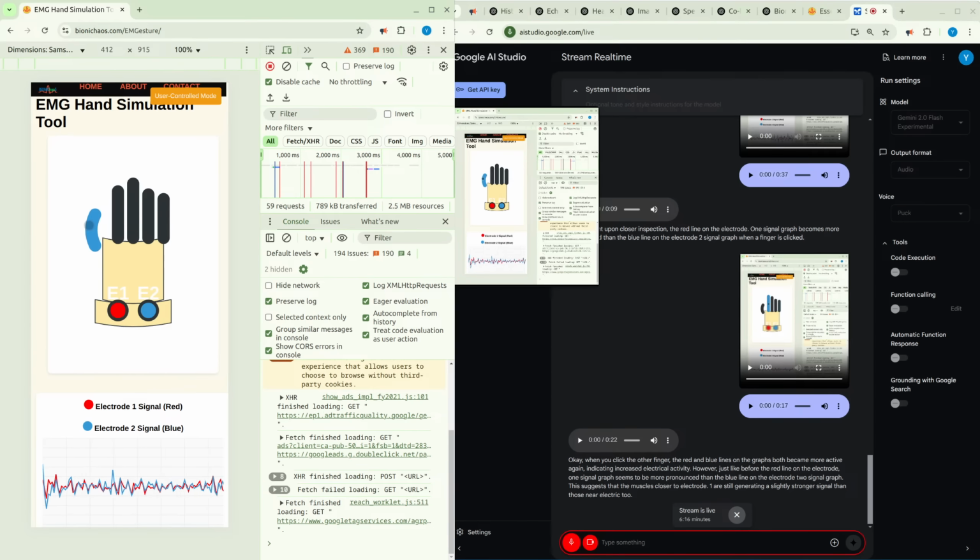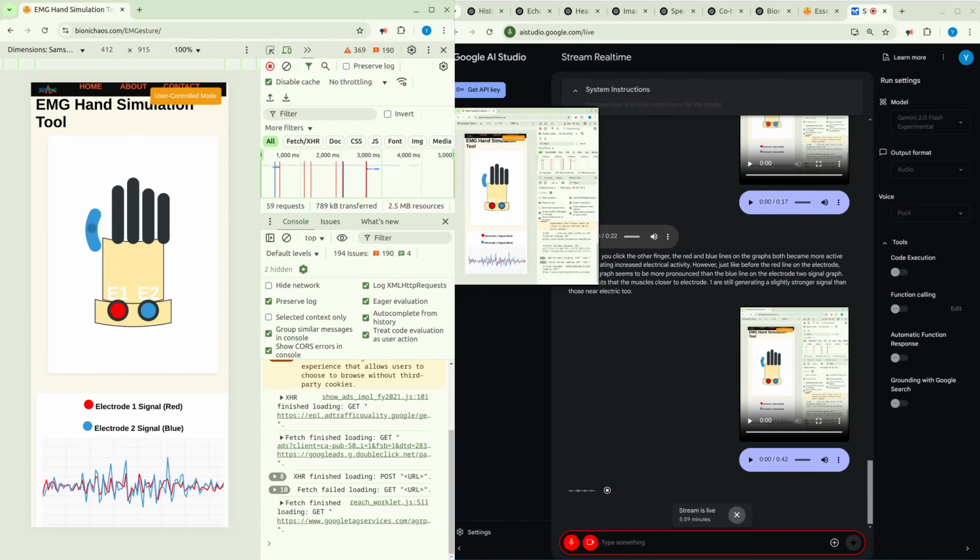That's a great explanation. How about now when I move this finger, the thumb? What's happening to the signal, and can you let me know if that makes any sense in terms of the amplitude? When you moved that finger on the hand diagram, both the red and blue lines on the graphs changed, with increased wave activity.